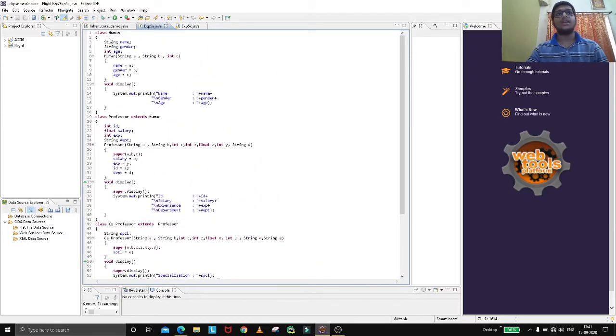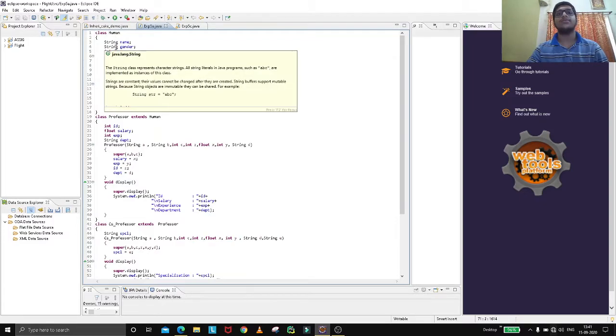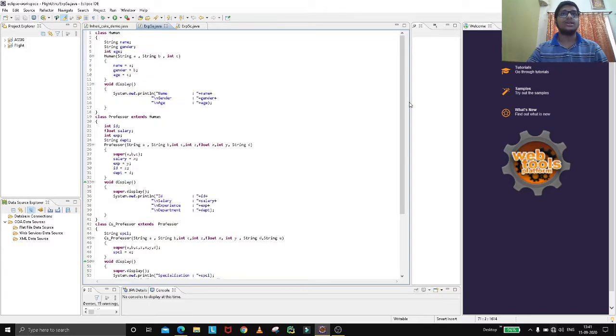Basically we have created a class called human. It is a superclass in which we have provided some variables, that is string name, string gender, int age, and then we have created a human constructor in which we are storing the main variables into some normal variables like string a, string b, int c. So basically name equal to a, gender equal to b, and age equal to c. Basically it's a normal constructor of the class. Now we have to display the name, gender and age from the human class. So we have provided a System.out.print statement in which name, gender, age is there.